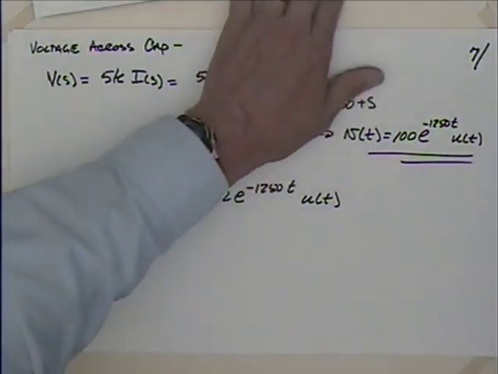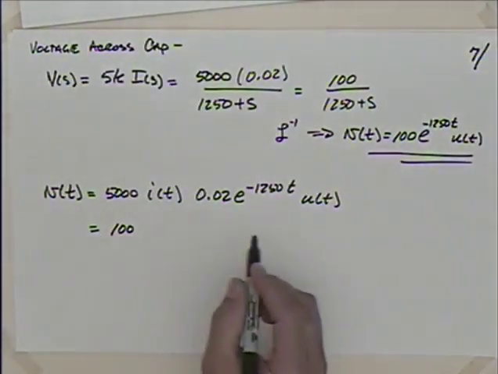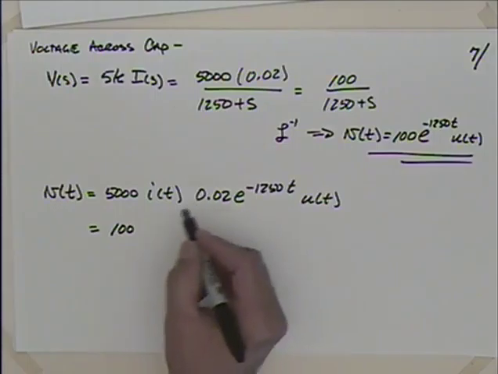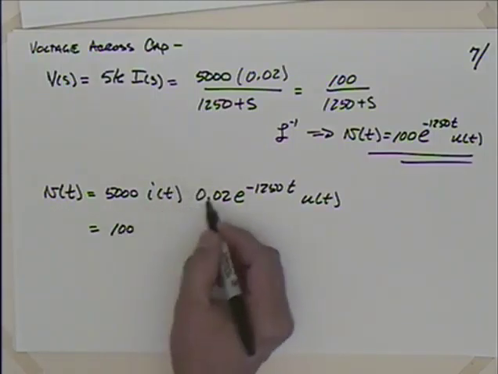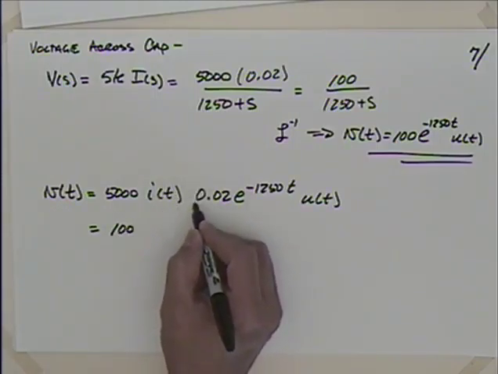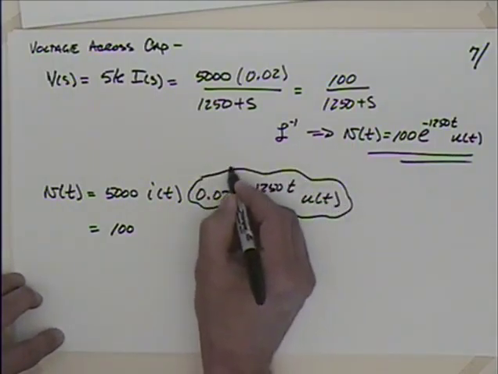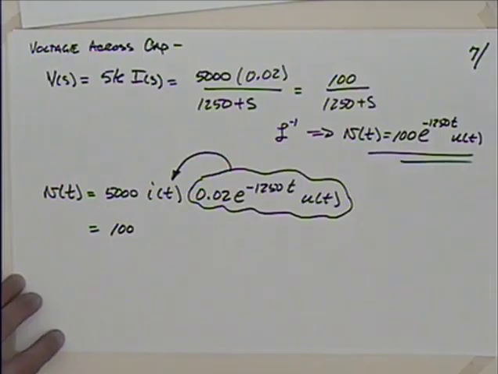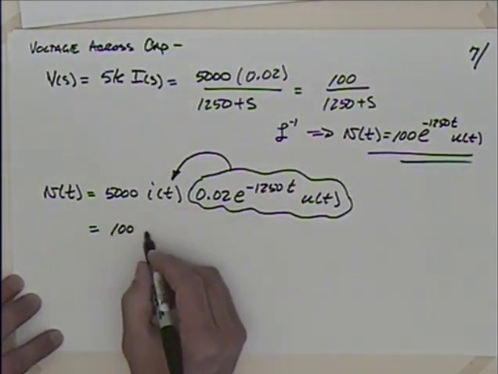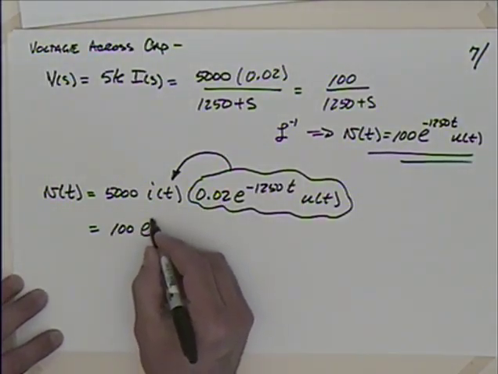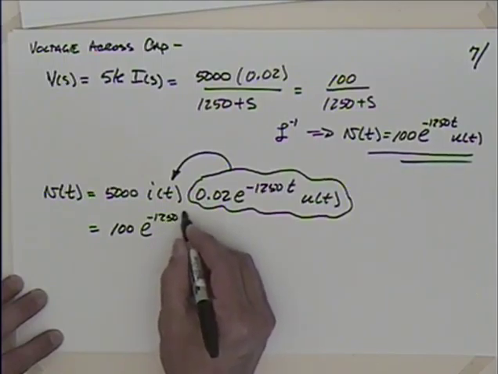Yeah, good. So we've got then 100. And I've messed this up a little bit. I've made my substitution for this piece. It goes right in here for I of t, right? So when I multiplied that, I've got the 100e to the minus 1250 t